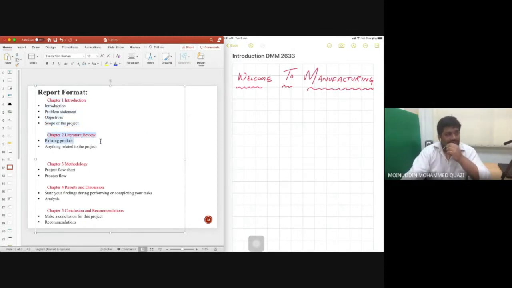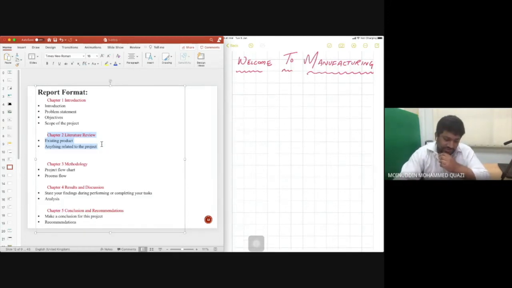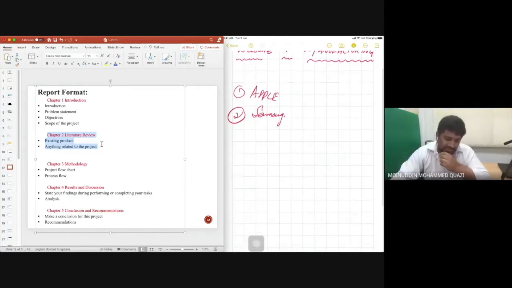Then we move to literature review. In the literature review, you are going to make a comparison of the existing products. We have got Apple Pencil, we have got Galaxy Note Pencil, we have got very cheap pencils available on Lazada as well. So there are different types of pencil available. What you're going to do is compare first. First you are going to show that in the market we have got Apple Pencil. Then we have got Samsung Pencil. Then we have got very cheap digitizer pencil.